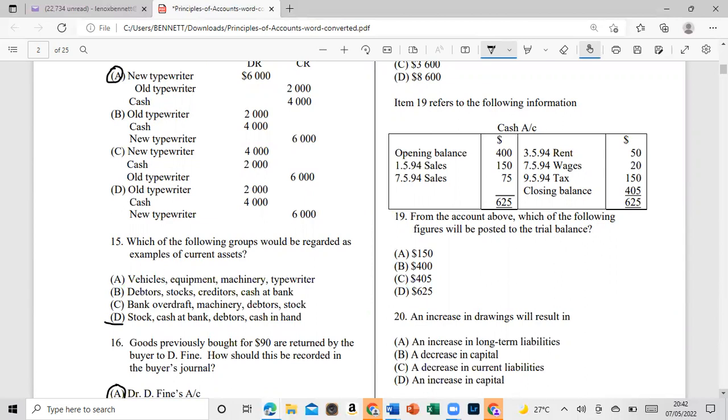So item 19 refers to the following information: we have the opening balance, rent, and the closing balance. It says, from the account above, which of the following figures will be posted in the trial balance? What will be posted in the trial balance is the closing balance, right? So the closing balance would be